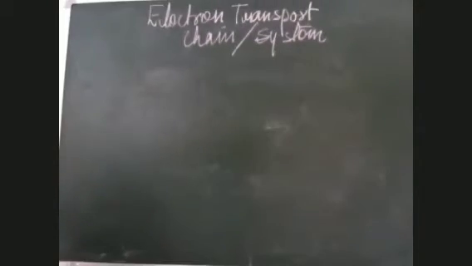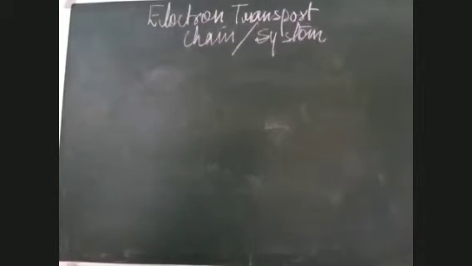Now, as I told you, glycolysis, which I have already discussed, takes place in the cytoplasm. Then Krebs cycle takes place in the matrix of mitochondria. We come to the third now, where the NADH2 produced will liberate energy, and how it will liberate energy, I'm going to tell you in this process of electron transport chain.